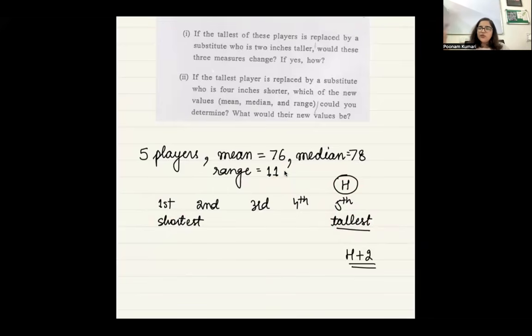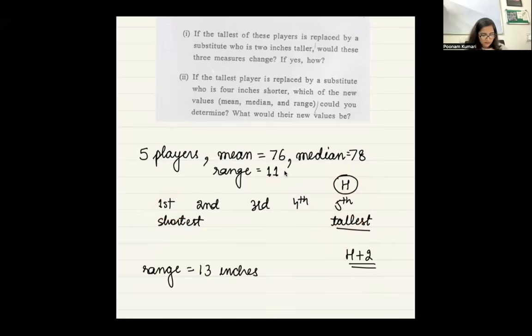So basically the question is, the person whose height is h+2, will that person's position be 5th only? Will that person be the tallest or not? He'll be the tallest only. Since 2 has been added to whatever the height was, the position will remain 5th. So what will our range be? The tallest person minus the shortest. Earlier tallest minus shortest was 11, now 2 has been added to the height, so how much will tallest minus shortest be? 13, right? Is that clear? The new range will be 13 inches.